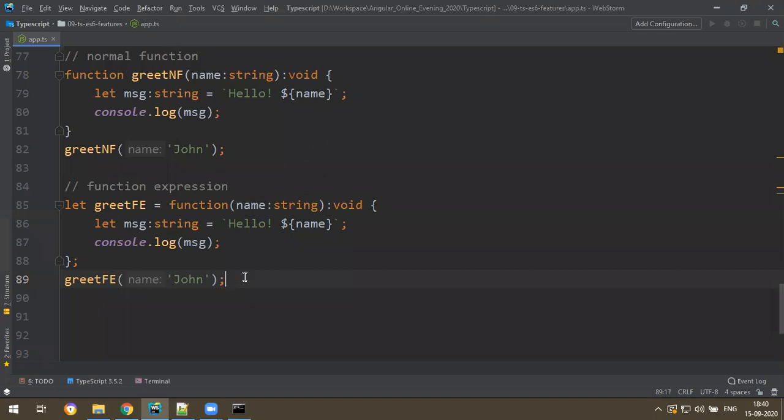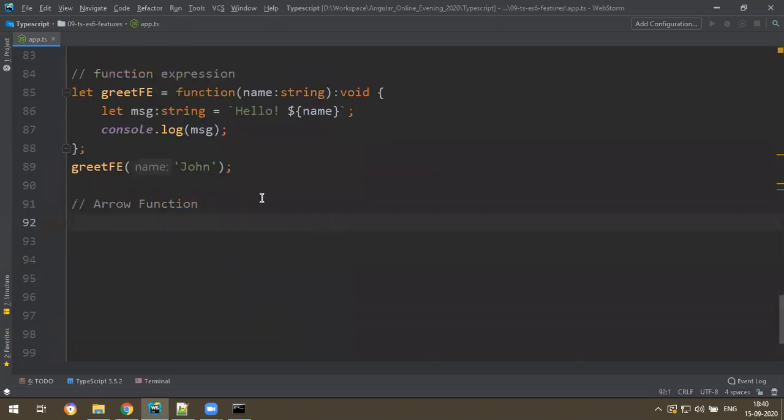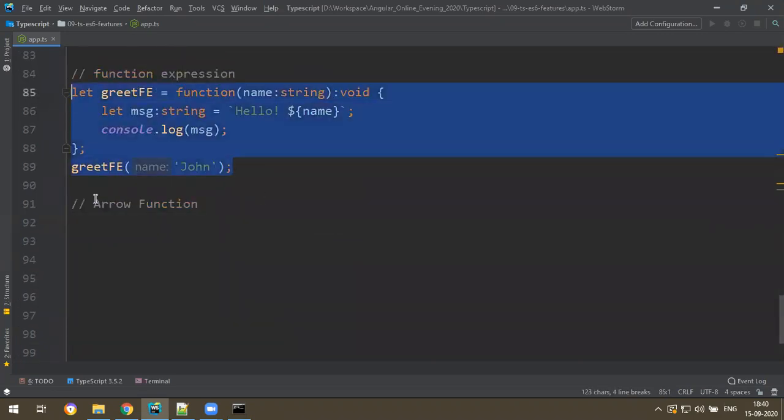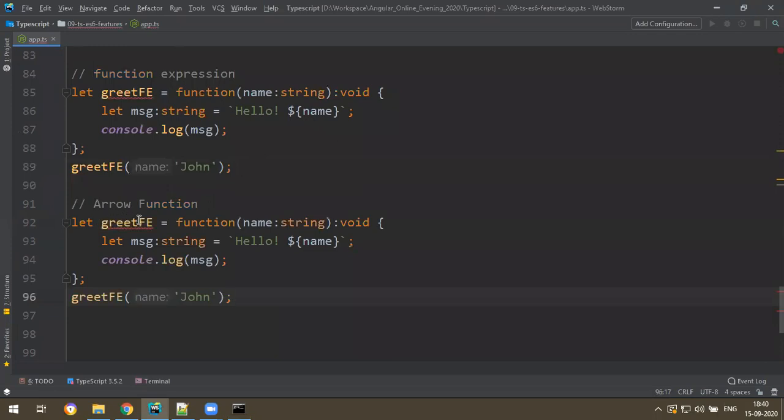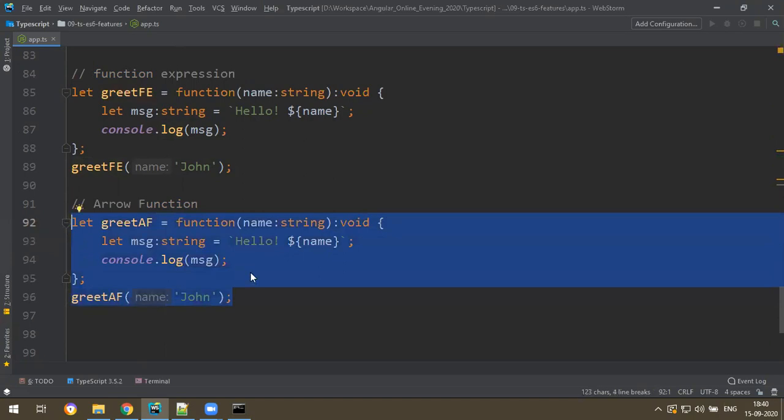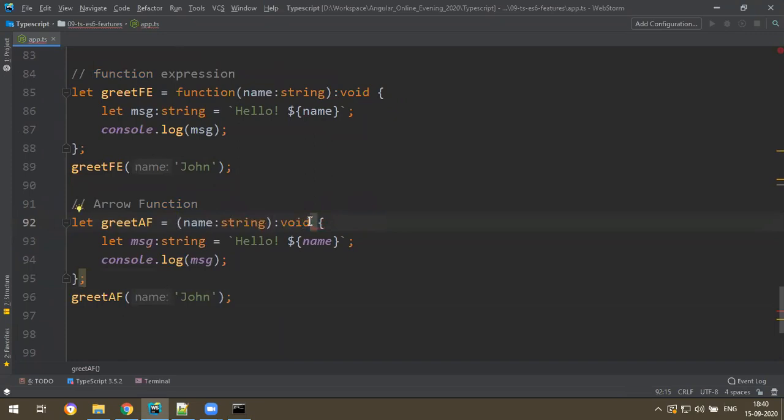Another way is arrow function. Now let's start with arrow function. What is arrow function? It is simple, just like this only. Let me change it to AF and this calling also AF. It is just like function expression only, but you never see a function keyword here, instead you have an arrow here.